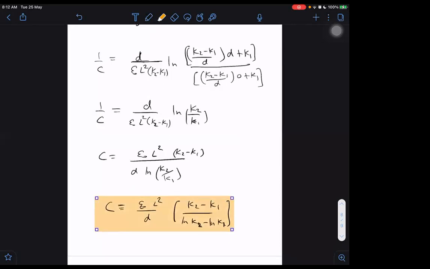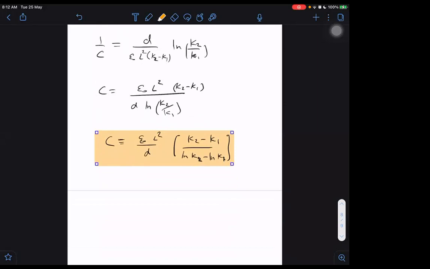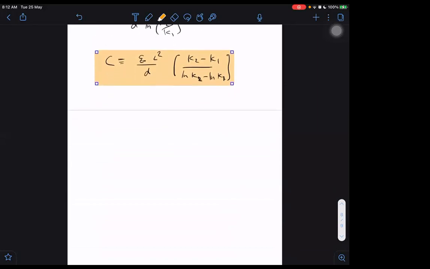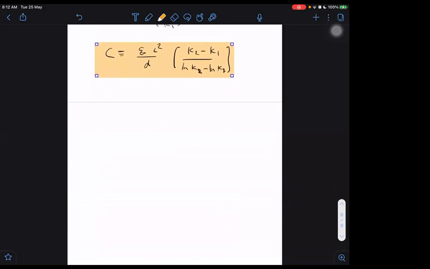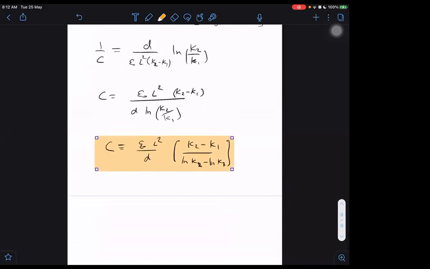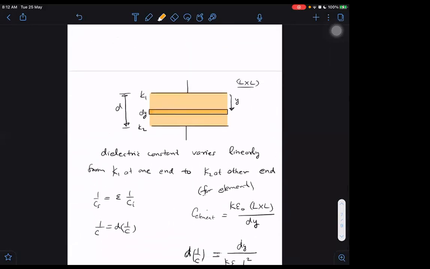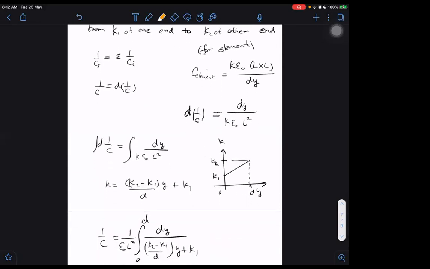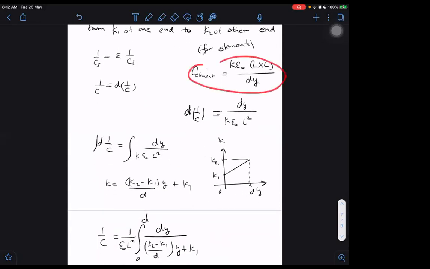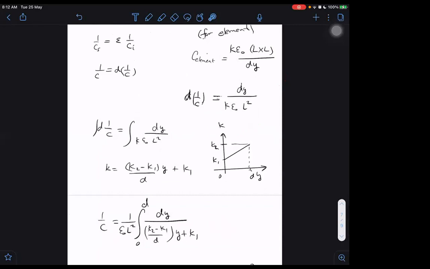This is only if it is varying linearly. Obviously, there could be infinite other cases which they can ask. So definitely you should know the method, and you should not worry about this result. We don't need to remember this result, but we should know the method, how to find it out. We have to find the capacitance of an element first, then the reciprocal of the capacitance of the element, we can write as d1 by c, and then we can integrate.